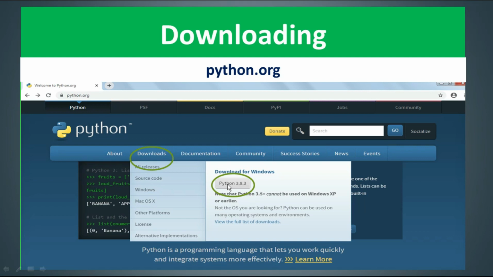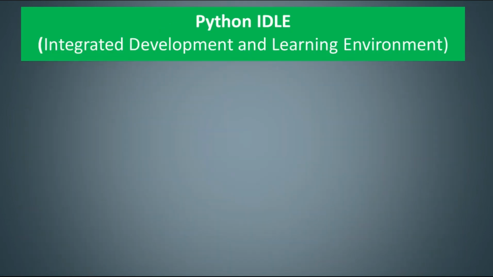It's very easy. As you download and then install, the environment which is installed here is called Python IDLE. It's open source and freely available. It comprises your interpreter, the program that will test and check the syntax of your Python statements. Apart from that, you will get an editor where you are able to type the program and save it. Clear? So that you can make changes also.